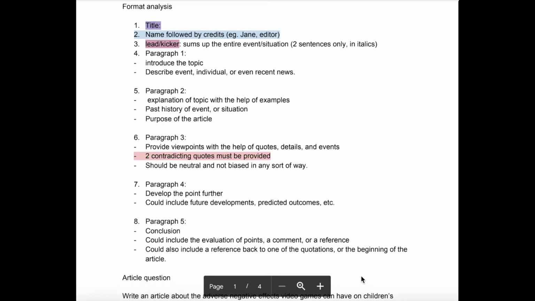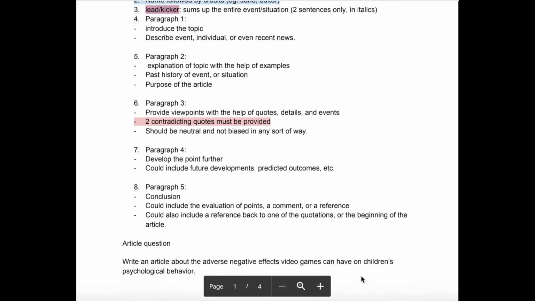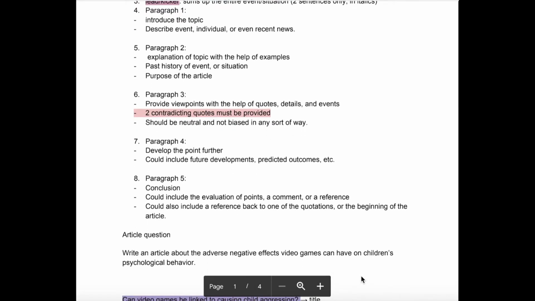Now it's time we start the paragraphs. An article typically consists of 3 to 4 body paragraphs, so it's best to do the same. Starting off with paragraph 1. The introductory paragraph. In this particular paragraph, we introduce the main purpose of the text. Make sure to include the 5 W's and H, which essentially stands for where, who, why, what, and how. Also, try to answer these in your introductory paragraph.